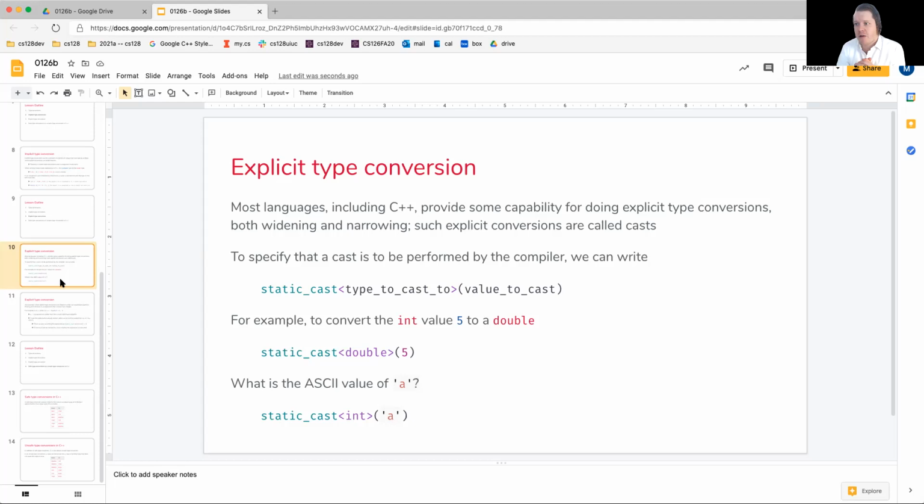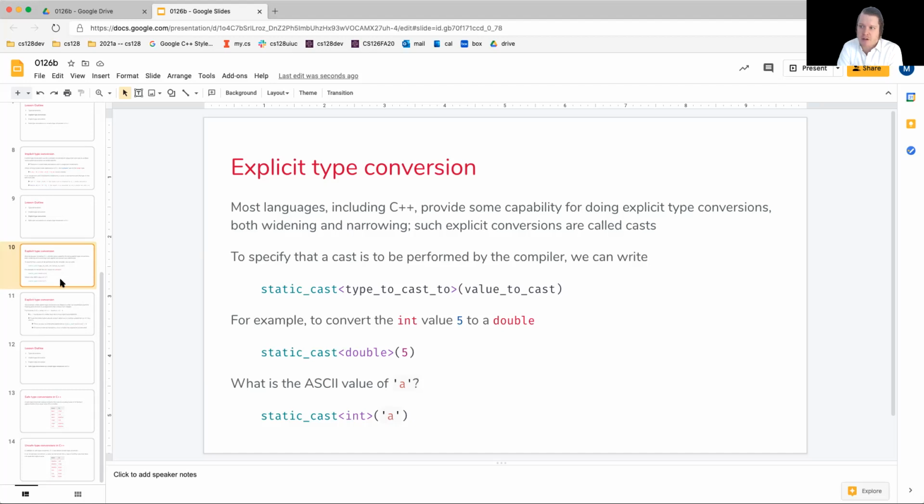We might like to convert a value of one type into a value of another type. And it's always nice to explicitly state when we're doing such conversions and not hide it and allow the compiler to just do it for us. The rationale is, if we're taking for granted the compiler to make that conversion for us, just explicitly state it so that other readers know that the actual underlying conversion that's taking place was indeed intended. So we'll be able to do both widening and narrowing conversions explicitly,